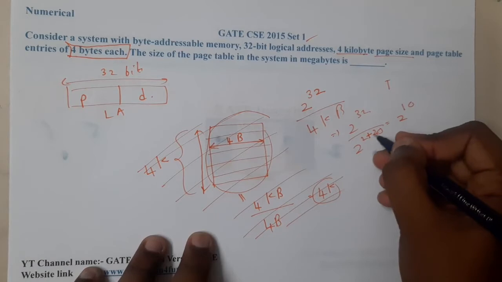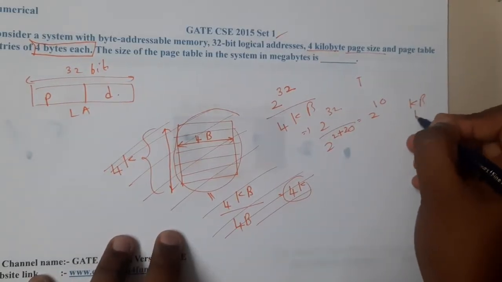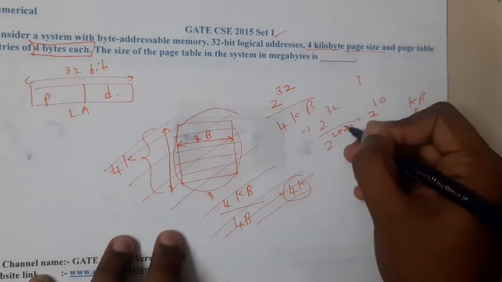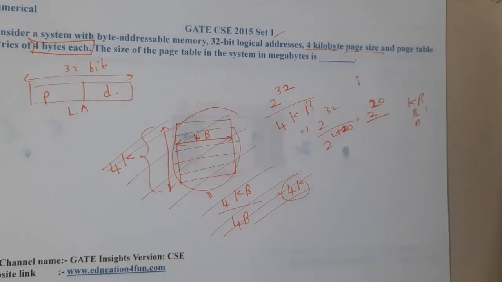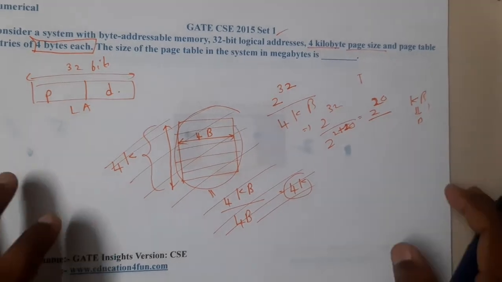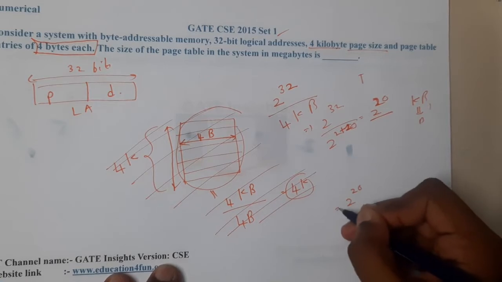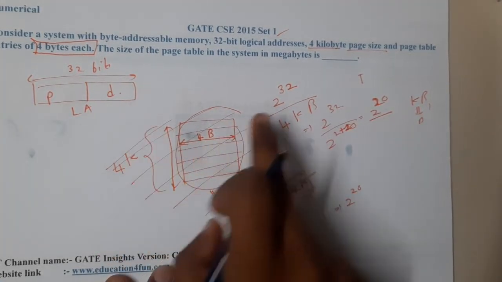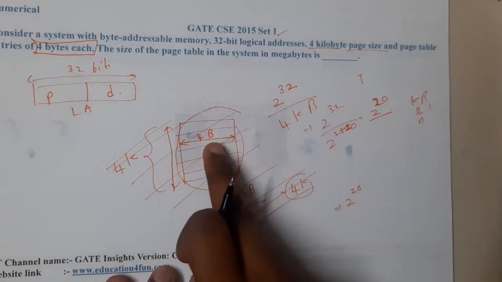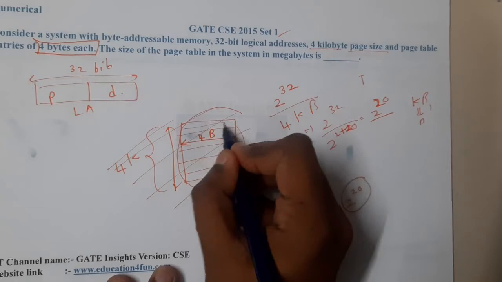Sorry, just give me a second, it is kilobyte. So kilobyte moves on to byte, so it is 2 power 10 only. So it is 2 power 12. So here we are going to get 2 power 20. There are a total of 2 power 20 entries, or 2 power 20 pages in our whole main memory. So how many rows are required? 2 power 20 rows are required.